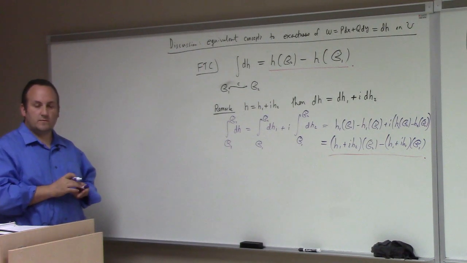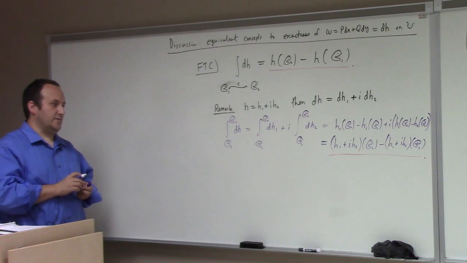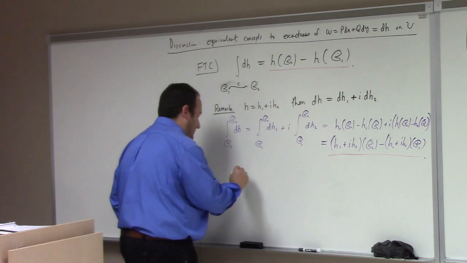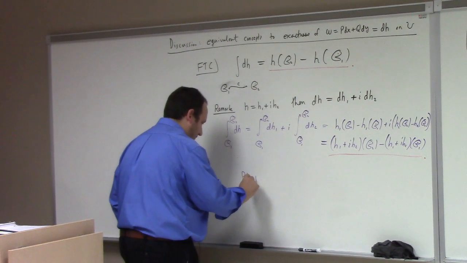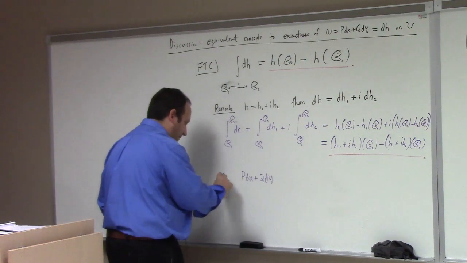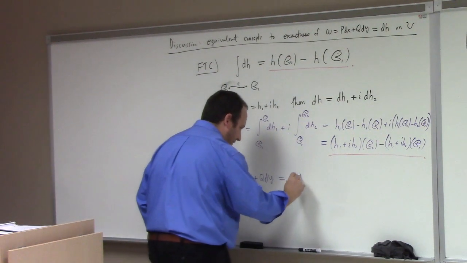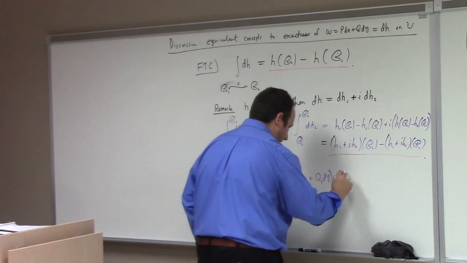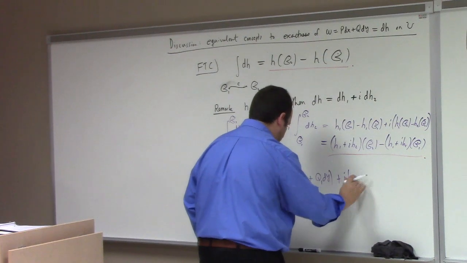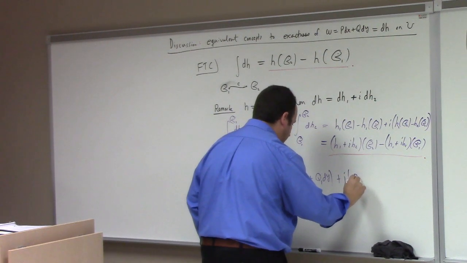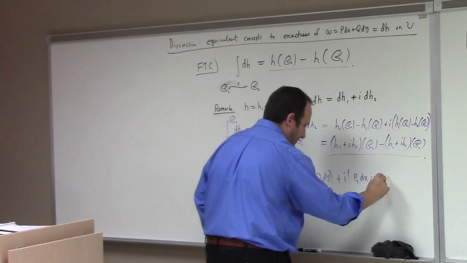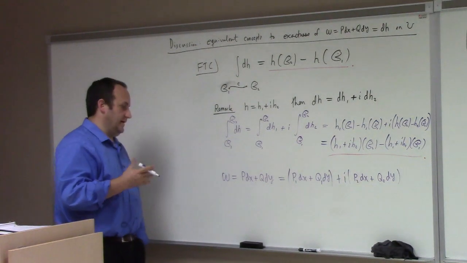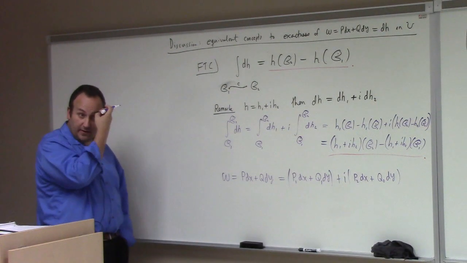To say a little bit more though, let me just say a little bit more here. We're talking about p dx plus q dy, yeah, is omega. So if you look at that, it's p1 dx plus q1 dy plus i times p2 dx plus q2 dy. I think if I did that right. In the case that these are